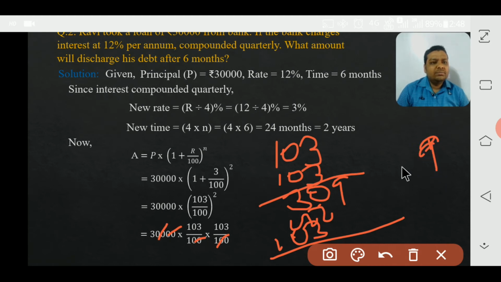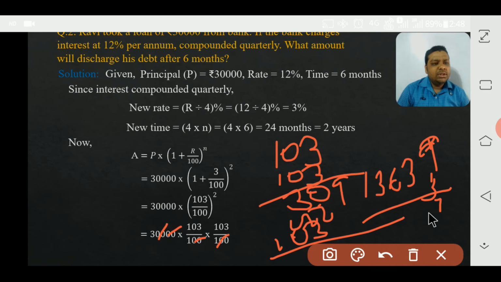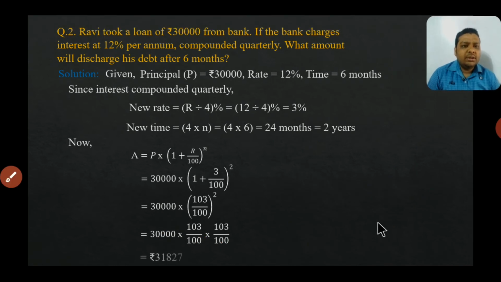9, 3 6 3 and 1, and if we multiply it by 3 also, then 9 3 is 27, 7 carry 2, 3 3 is 9, 2 11, 1 carry 1, 6 3 is 18, 1 19, 9 carry 1, 13 3 is 39 and 1, 40, 40,970. You can see here, and if you divide like this, 31,827. So rupees 31,827 will be the amount.